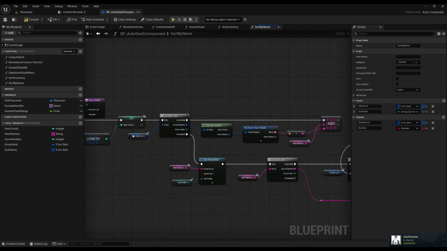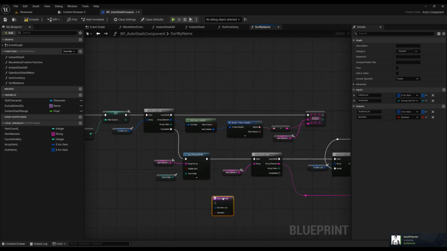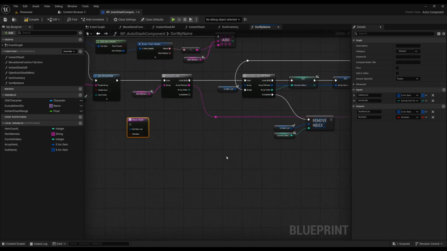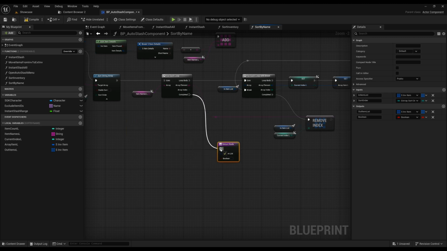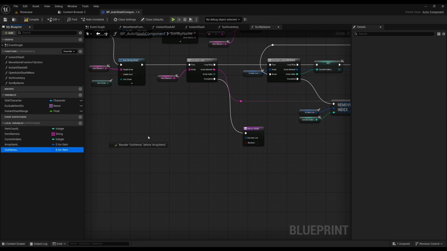Okay, so we've got our return node here, and when we finish this loop through the names, we'll return our out items,